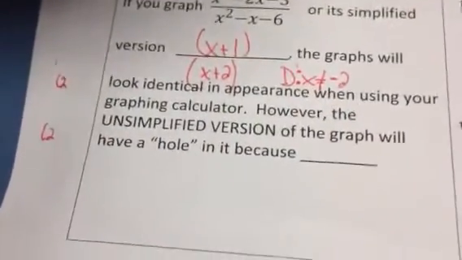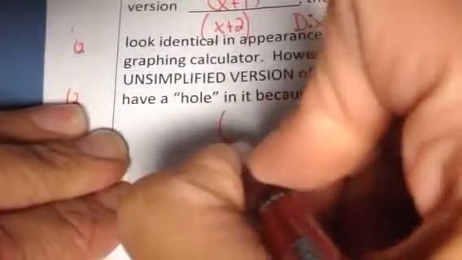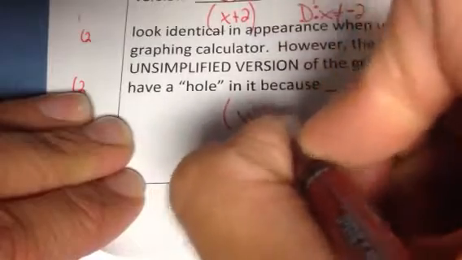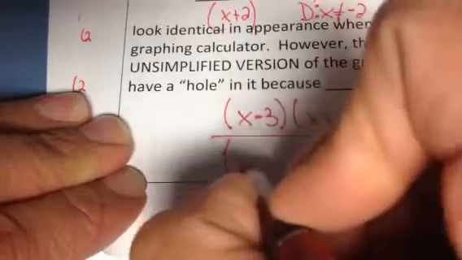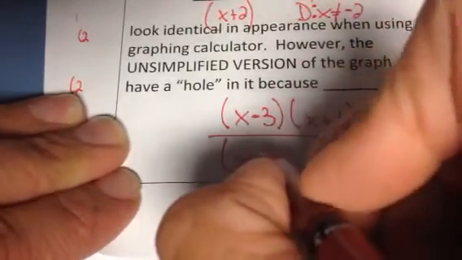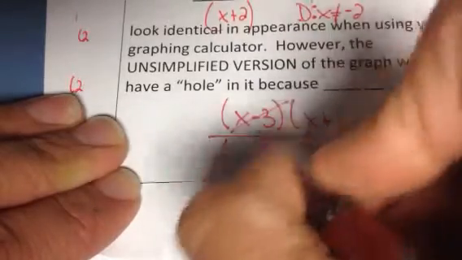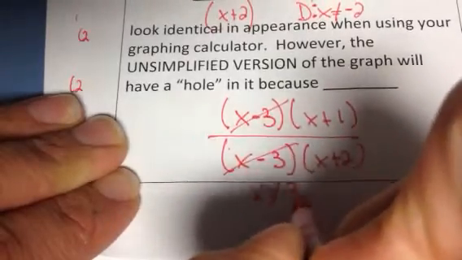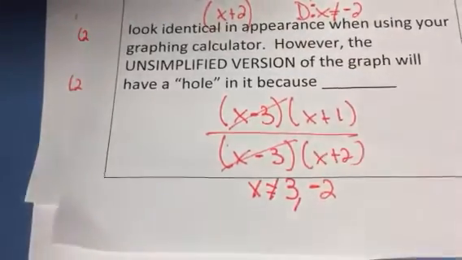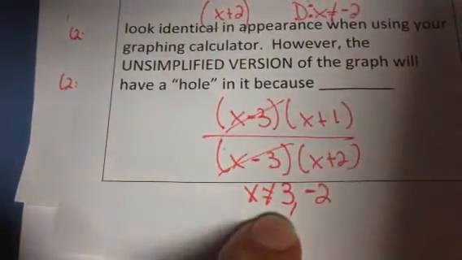But if you look in its unsimplified... Okay, sorry, I got cut off there for a second. So again, if you look at its unsimplified version, what we did on the other side, this x minus 3 and x plus 1, excuse me, and then x minus 3 and x plus 2, when you look at the unsimplified version, we couldn't let x be 3 or negative 2. So I want to show you the difference of what happens. And you can't see it in the picture very well, unfortunately. But what I want you to look at is I'm going to go to the table and I'm going to show you